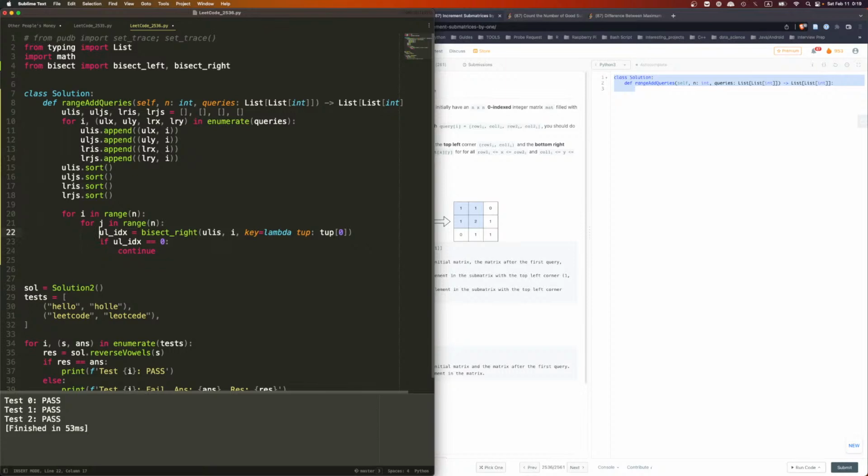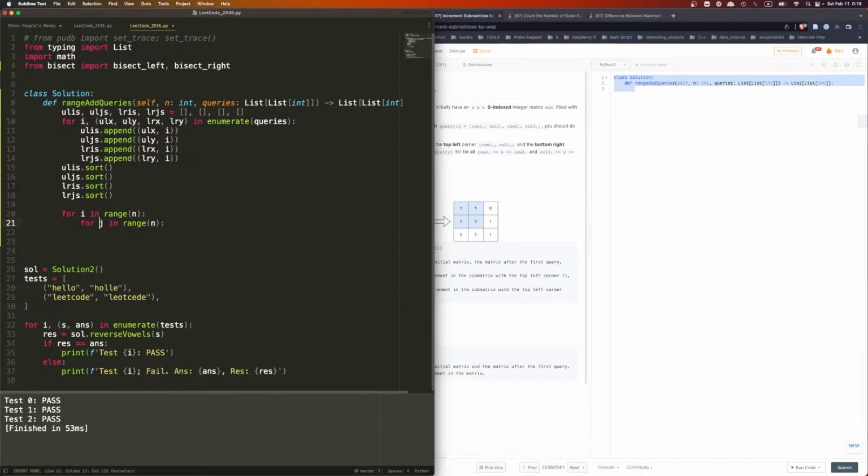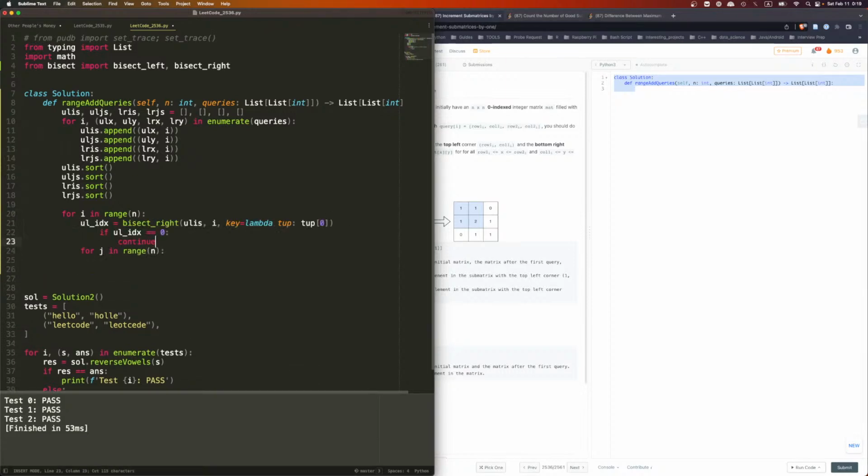That should happen. We're doing i, right? So this should happen here. Yeah, we're doing i. This is current row. If the row is all bad, then we just continue, right? We're doing the row. We should just continue. If it's good, right? If it's good, then